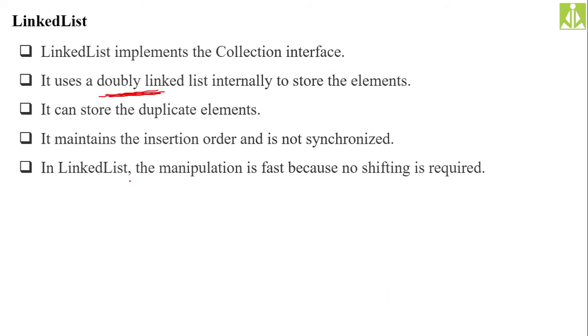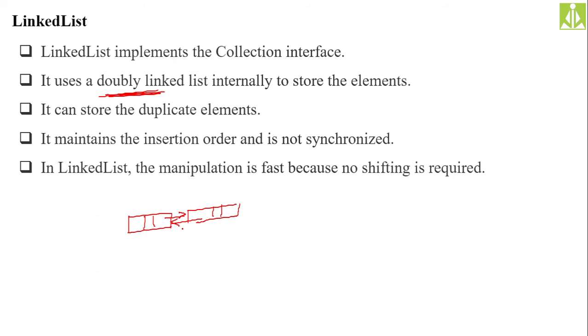Okay, doubly linked list in the sense we are going to have nodes like this, with 3 parts. Okay, here also 3 parts. From here to here in the forward direction, from here to here in the backward direction. 2 links we are going to have between the nodes. So doubly linked list, here we are not doing the implementation.